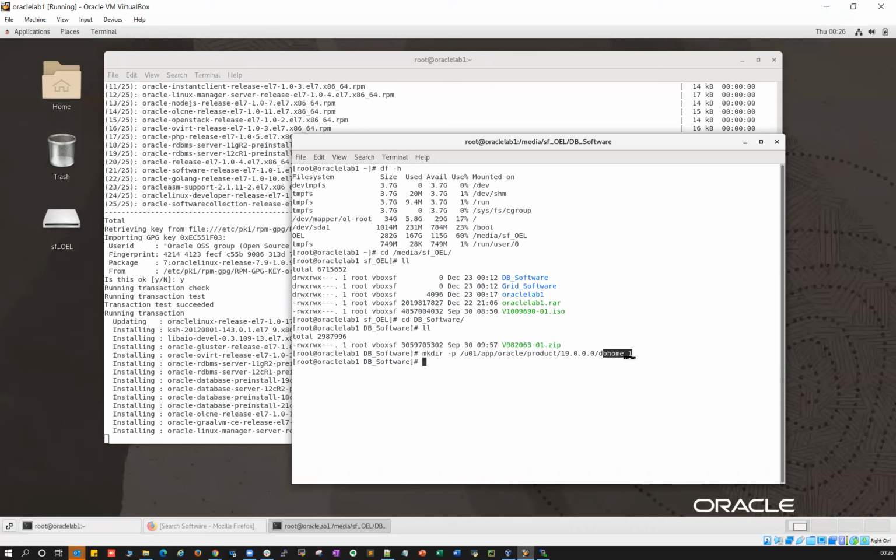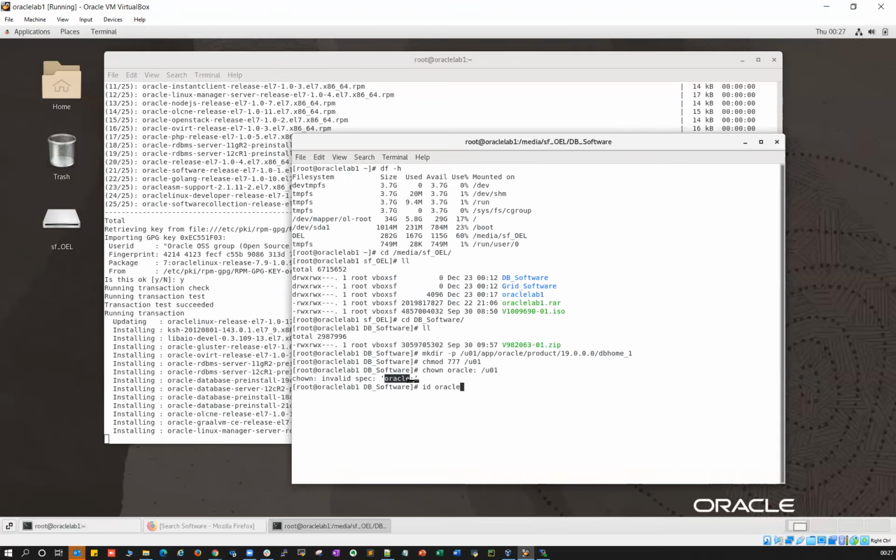I'm just going to create that Oracle home. Right, and then I'm going to do chmod 777 for u01, and then I'm going to use chown oracle:oinstall u01. Right, so it says Oracle user does not exist yet.